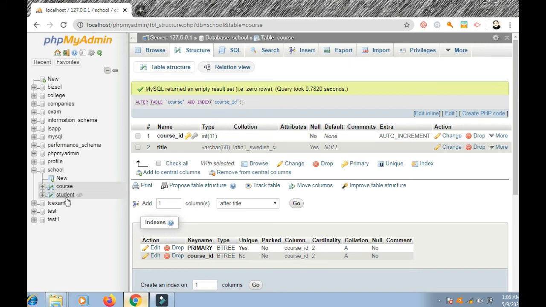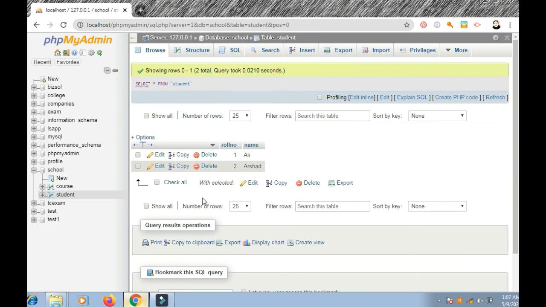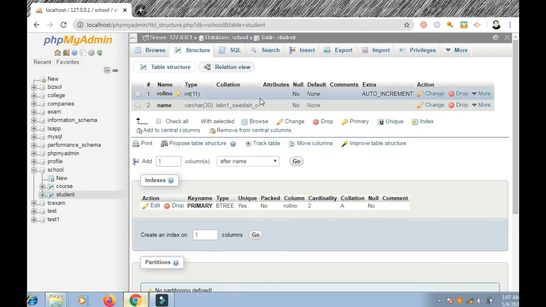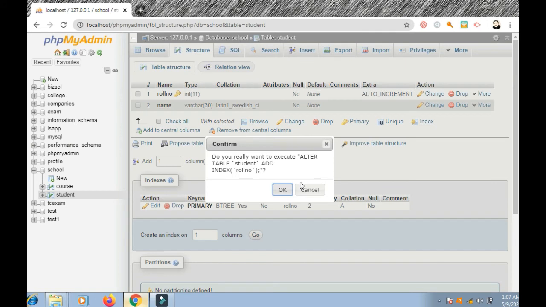So we also add an index in the student, student primary key. We should go to structure. And this is index. Make the primary key index.